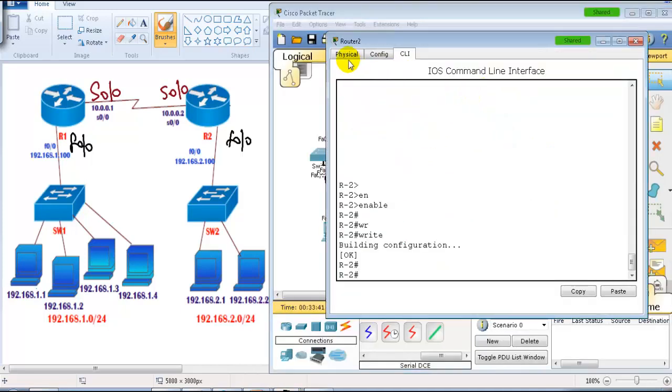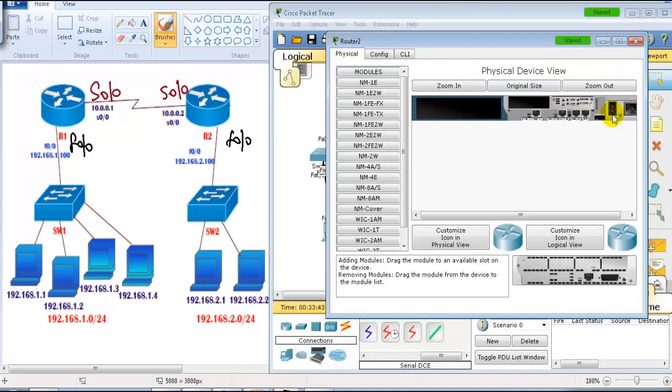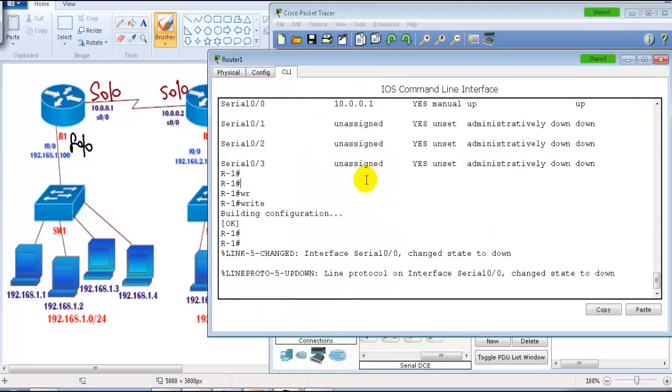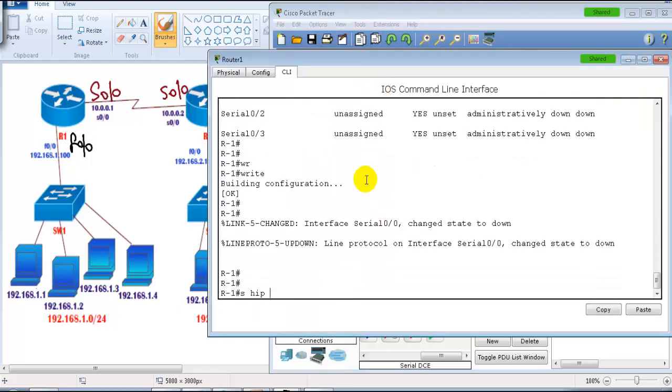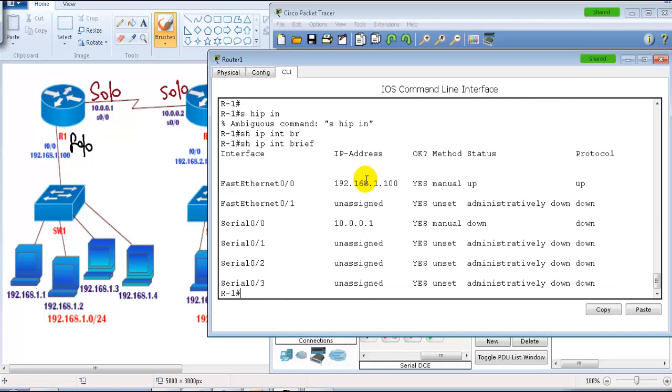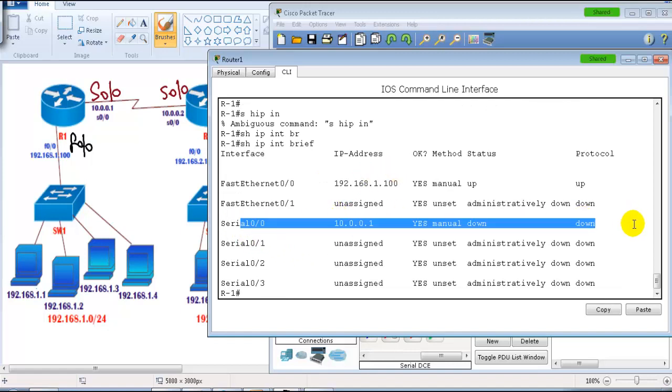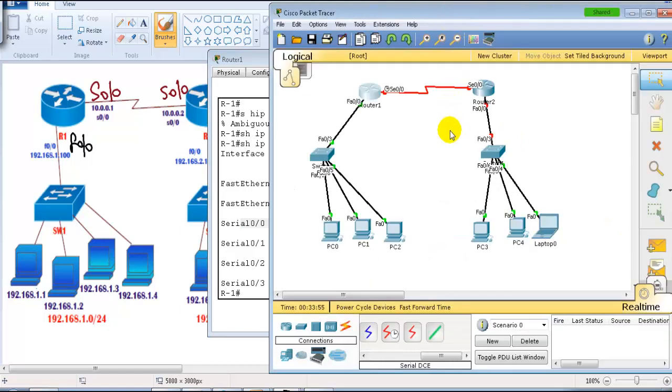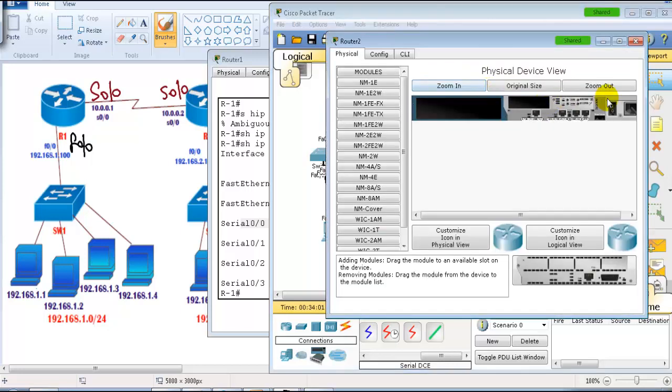Let's go to router 1 and power off that particular device. Once you power off, you'll see the status message here: down. To verify this, you just go to the router and you can see there are no LEDs. In fact, you don't see any LEDs here. The router is powered off.